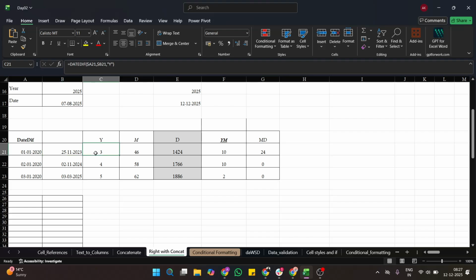3 years. In these 2 dates, how many months are between? 46 months. In these 2 dates, how many days are between? So that is my requirement currently. To write that, we have a specific formula for years. To fetch years, =DATEDIF(